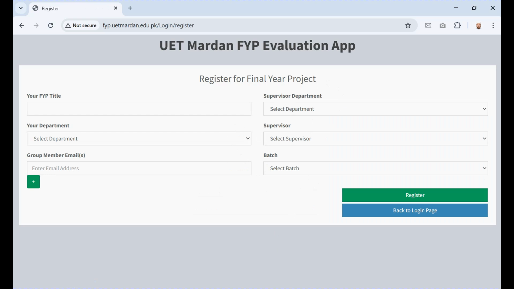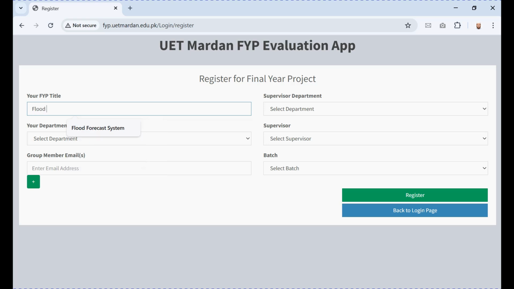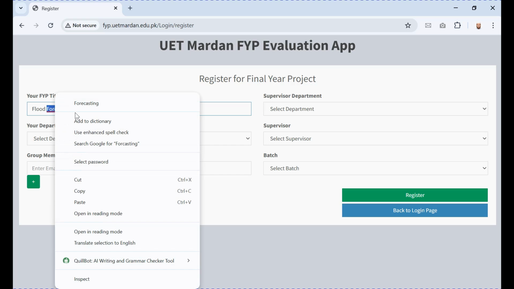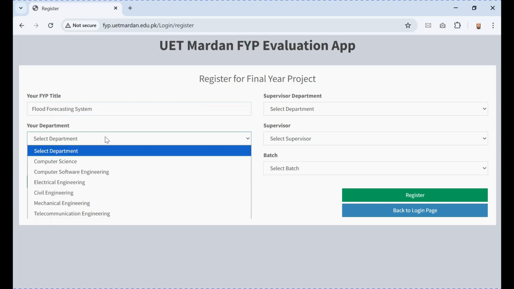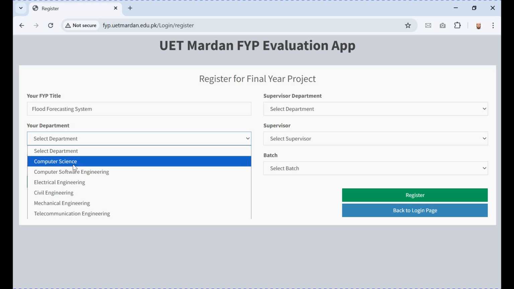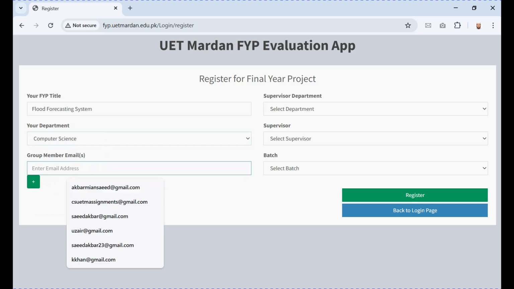So first of all, you have to enter the title of your FYP. Consider the title of my FYP is, for example, flood forecasting system. This is the title of my FYP. Next, your department means the department in which you are taking your FYP. So here let me consider I belong to computer science department, and then enter your email address and email addresses